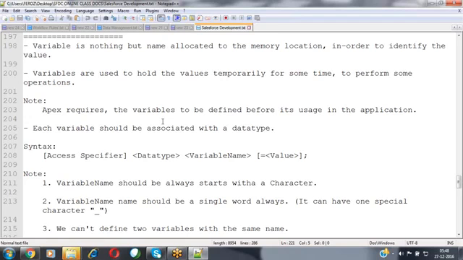Why? Because Apex programming is purely a tightly coupled programming language. That we have already discussed. Before utilizing the variable, first of all, the variable has to be defined. We have to define the variable by specifying the required data type, and if you want to assign some value for that variable, then you can assign it, and then you can use that variable inside your application.